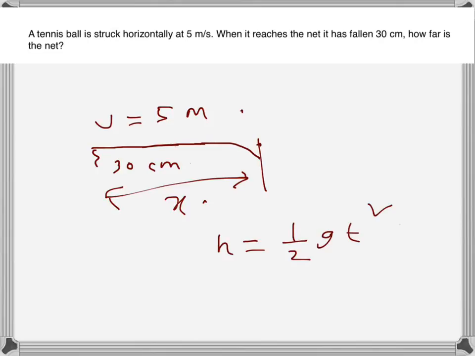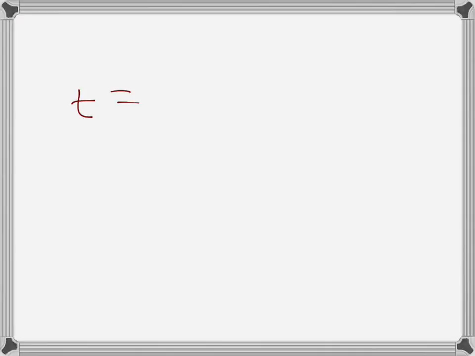There is no vertical component of velocity, so the initial vertical component of the velocity is 0, so we can ignore the ut part, which is the first part. So it will be just h is equal to half gt square. So h is 30 centimeter, that is 0.3 meter, and half g is 4.9, times t square. So if we solve for t, we get